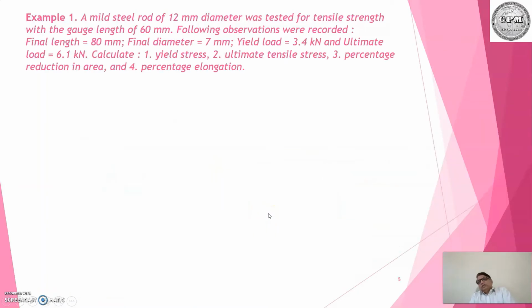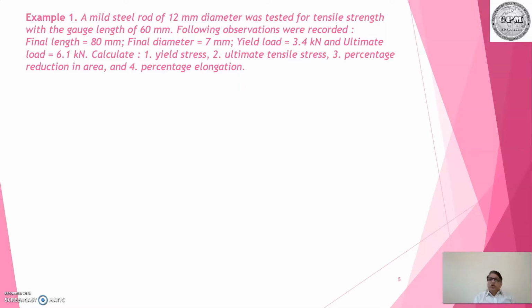So now let us go for a problem, example 1. Try to read the problem very clearly, and even when you are preparing anything at home, try to read the things loudly, so that the reflection from the wall also comes to your ears, and that will help you to memorize the things.